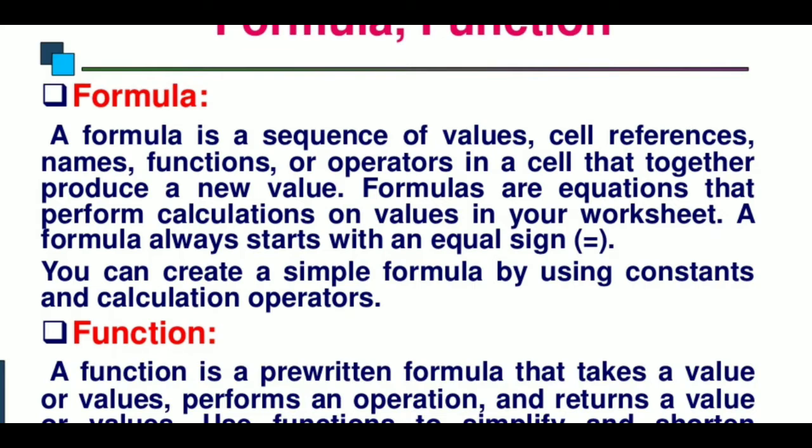So when we open MS Excel, we find a worksheet there. In that worksheet, we have some rows, some columns, and some tiny boxes. These tiny boxes are called cells. As I had already told you about cells, rows and columns, each and every cell has an address, and that is called a cell reference. Now we apply cell references to calculate some values.